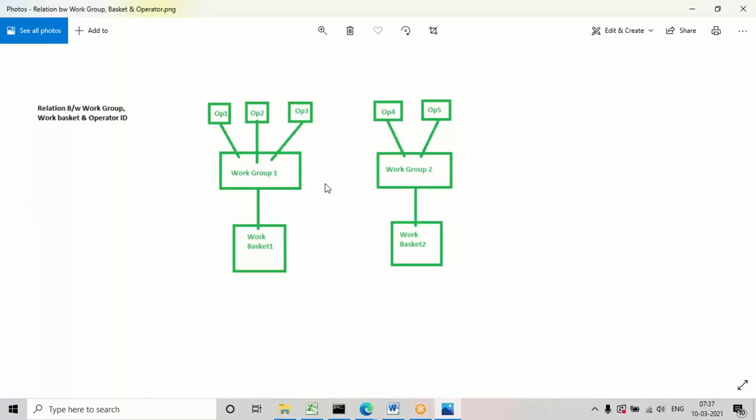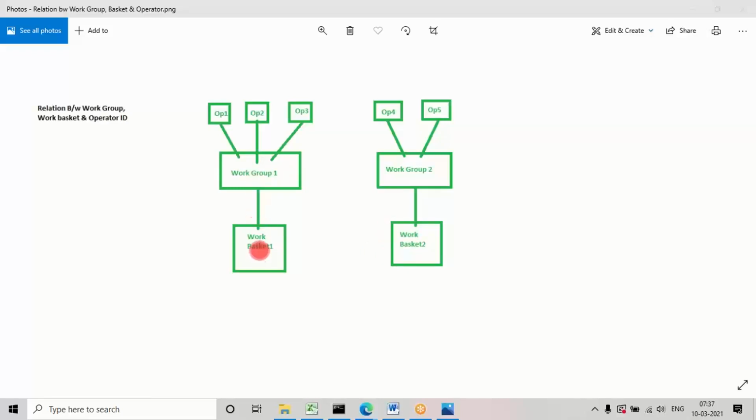Generally remember, always for one team, only one queue will be assigned. The direct relation will always be one to one. For example, work group is nothing but the team name. This is team two. Always for one team, only one queue will be assigned. Again, for one queue also, only one team will be there as a direct relation. It will be one to one, there will not be one to many. Remember, for the same work group, I cannot connect to another queue, or for this queue, I cannot connect to another work group.